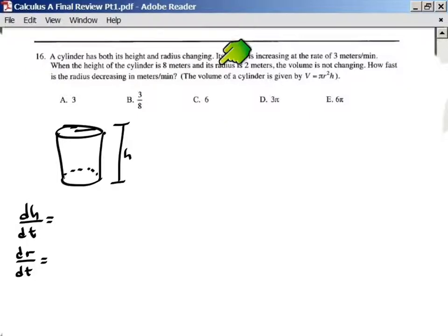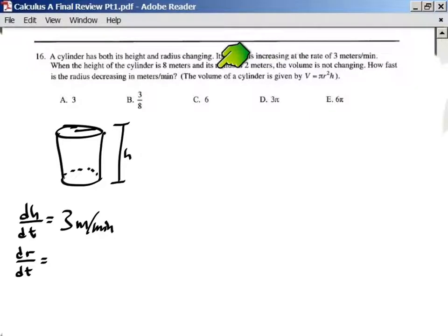So I continue on reading here. It says its height is increasing at the rate of, it gives me the height. So I'm going to put this 3, and we know it's meters. dH/dt? Yep, meters per minute. Okay. All right, and then it says when the height of the cylinder is 8 meters and its radius is